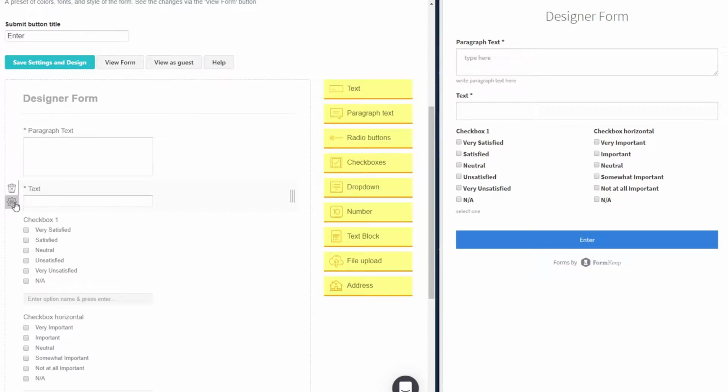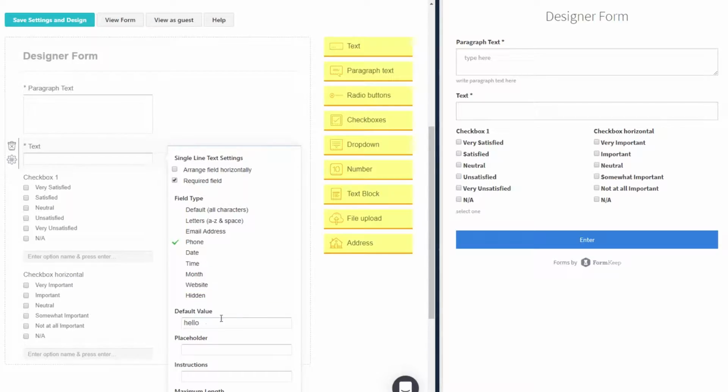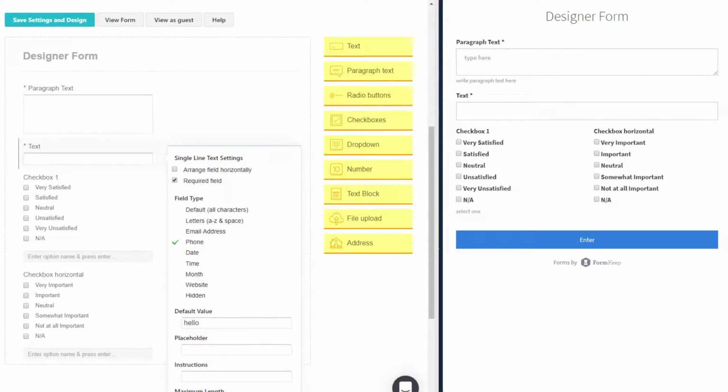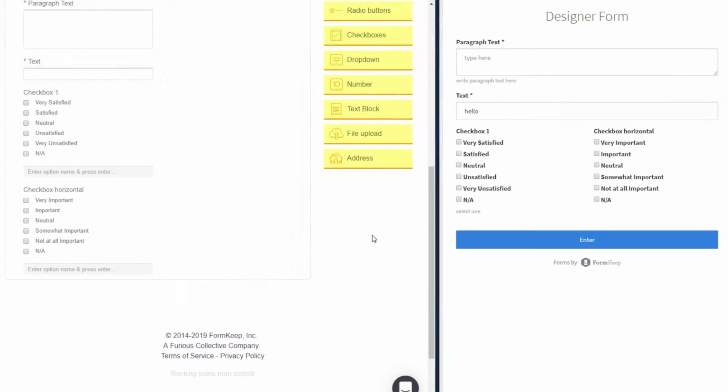And like I said, we covered this earlier, but you can make it a required field. The default value is hello right now. So if I refresh this, I deleted it earlier, but if I refresh it, it'll show up as hello. So there'll already be this value in there. So you can choose to use that if you want to. And then you can change the field type if you want as well. You have a bunch of different options there. That's pretty self-explanatory, I think. And then we'll get out of this and go on to the